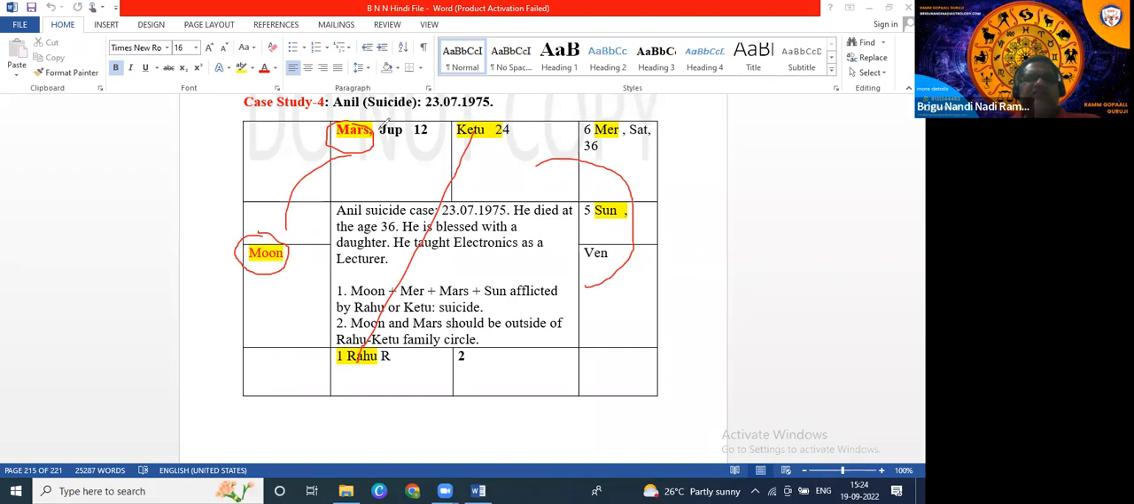Jupiter is the native, of course, so the GV. When the condition is for committing suicide, Moon and Mars should be outside the Rahu Ketu family circle. This is the second condition. If Moon and Mars are outside, the native will commit suicide. So let us see here, for example,